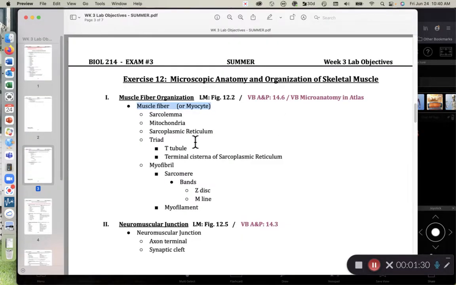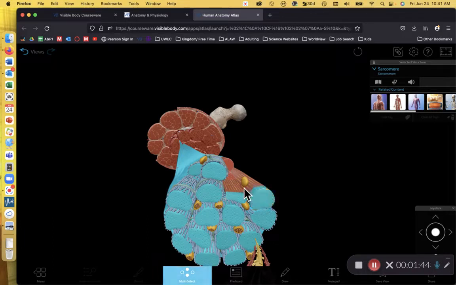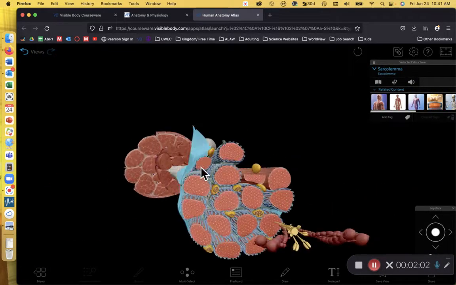So the muscle fiber or muscle cell known as myocyte is this entire grouping of bundles that I have on my screen right now. If I go to multi-select, I can go bam and just select a whole bunch of them all at once so you can get a better idea of what we're looking for. So this whole thing is a muscle cell, a myocyte, or a muscle fiber. The cell membrane of a muscle cell, or muscle fiber, is called the sarcolemma, and that's what I have highlighted